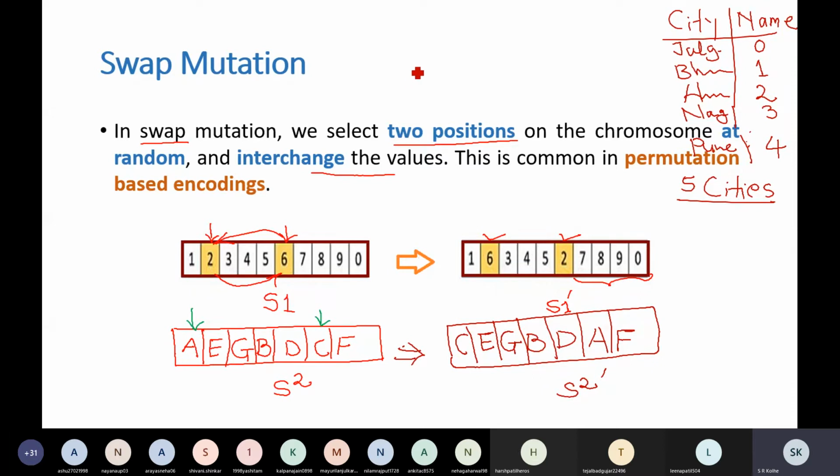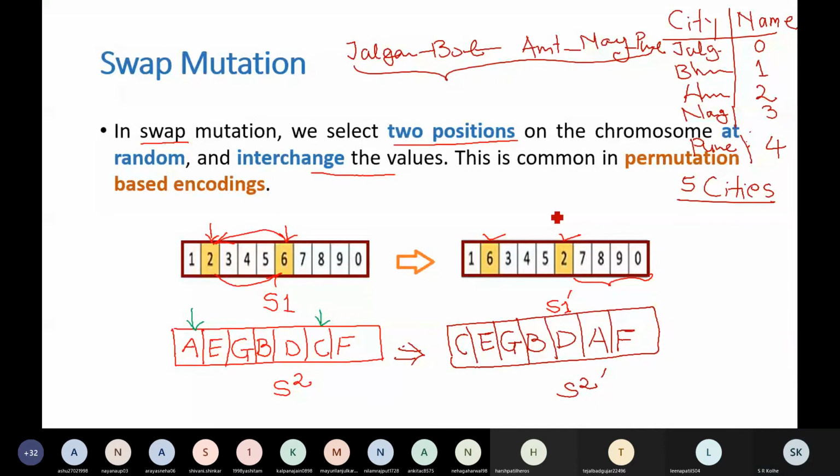So one of the solutions can be, I will start with Jalgaon, then go to Bhusawal, then Amravati, then Nagpur, and then Pune. This is one of the solutions. You find out the distance traveled to make this trip from Pune again to Jalgaon.